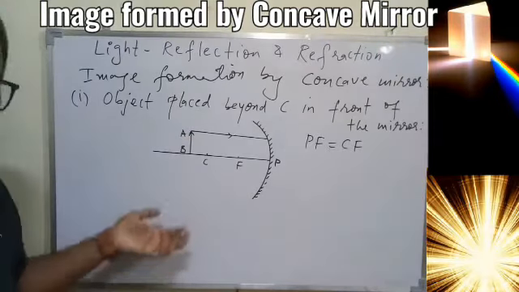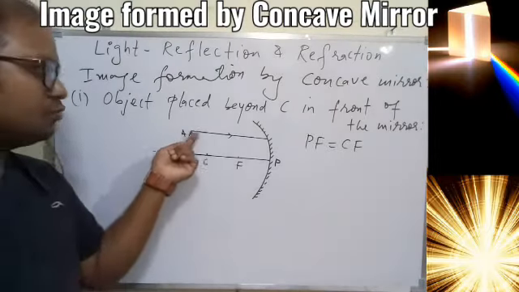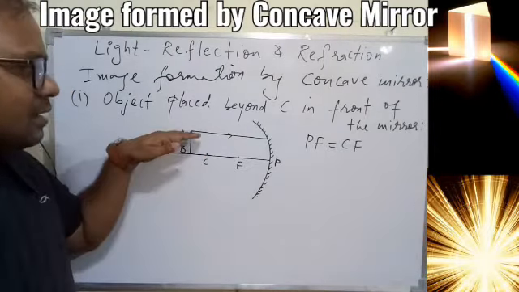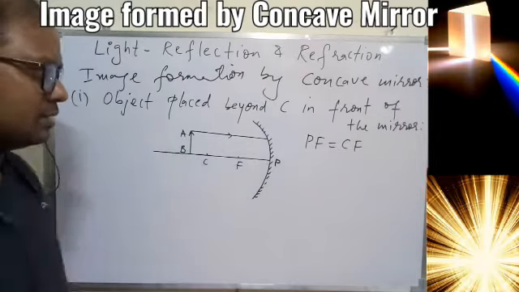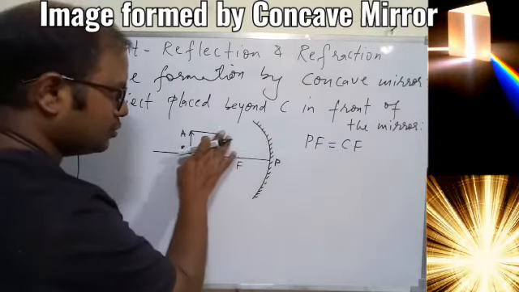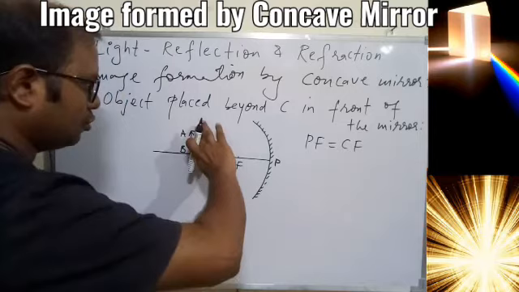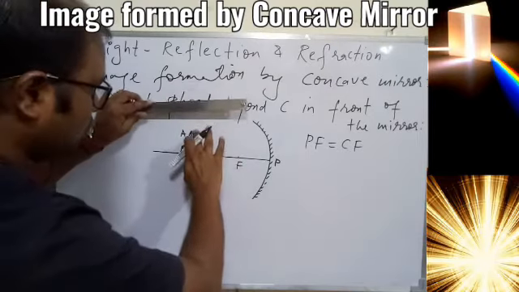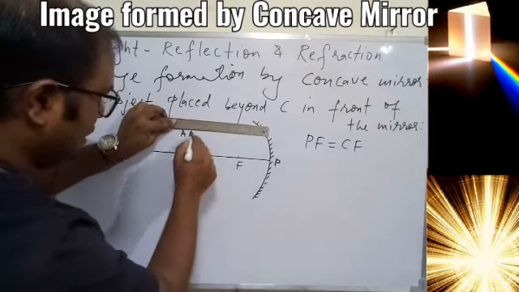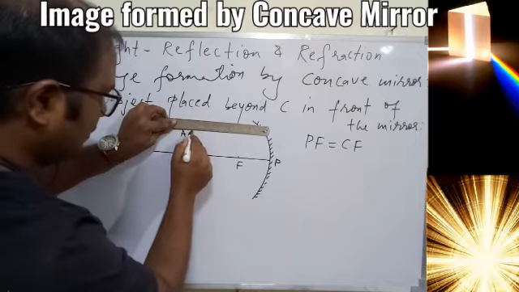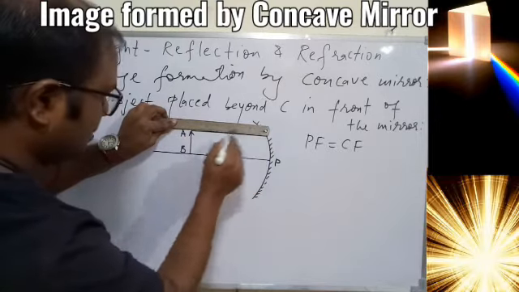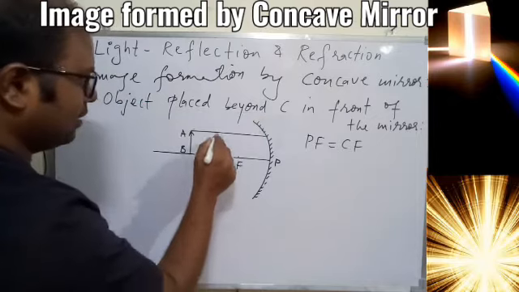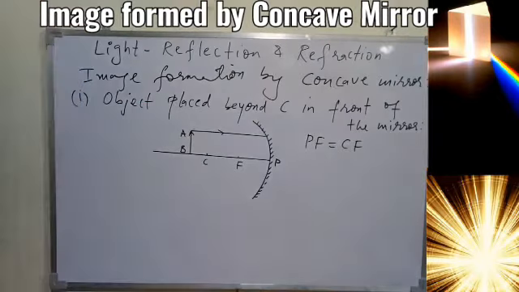Point A is reflecting the light, such that it is falling on the mirror, and that ray of light is going parallel to the principal axis. So you have to be very sure that the rays should be parallel. On the board I may not do that much, but in a notebook you must take care the ray of light should be parallel.